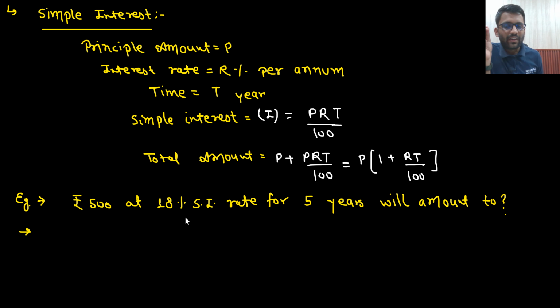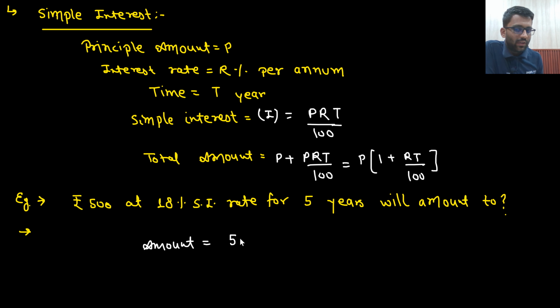So rupees 500 at 18% simple interest rate for 5 years will amount to what? Basically, you are lending someone 500 rupees at 18% simple interest for 5 years. So how much you will expect after 5 years? So the amount will be